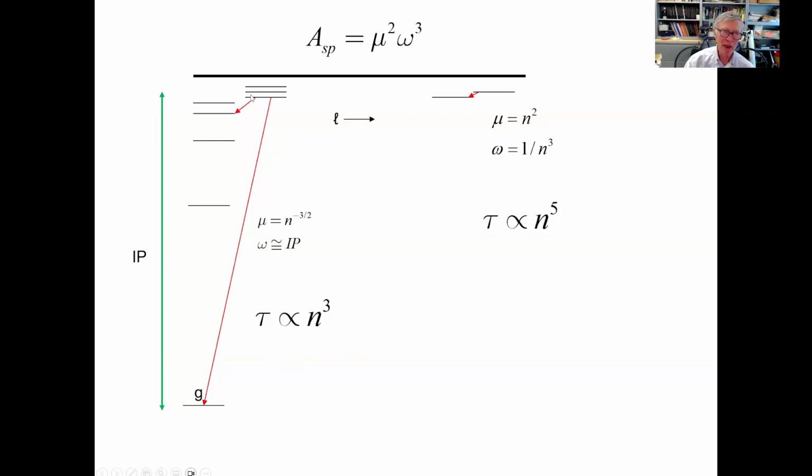So it's simply the fact that when the electron is in the Rydberg state, it doesn't come into the core very often. It doesn't spend much of its time near the core, where it can radiate to the ground state. Curiously, if you consider a state of very high angular momentum, it only has available to it transitions to nearby states. And so the dipole moment turned out to be n squared, roughly the size of the atom, and the frequencies are 1 over n cubed. And so it has this n to the 5th dependence. So these lifetimes become really long.